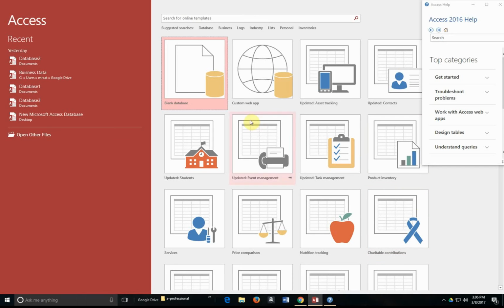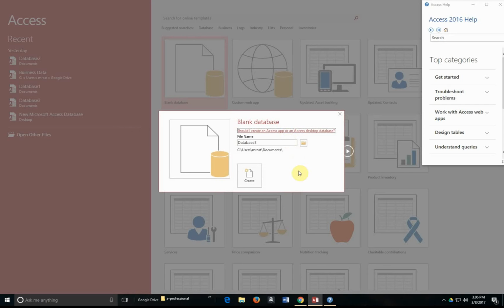So I'm going to click on the blank database here, and the program will ask me to save it with a particular file name. You want to make that name relevant to the immediate endeavor, so that if you're looking for the file 2 weeks, 3 weeks, or a month from now, you can find it based on the name. We're going to assume for this activity that we work for a company and we would like to create a database with our clients, right? So I'm going to call this, I won't even give it the name of the company, let's just call it